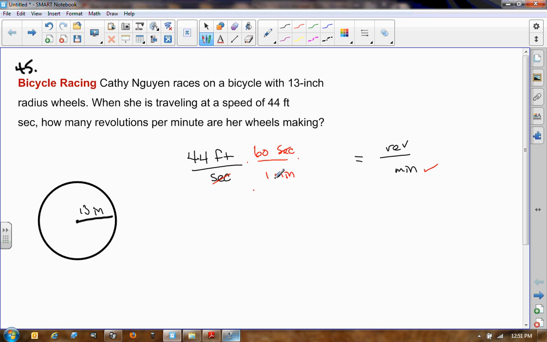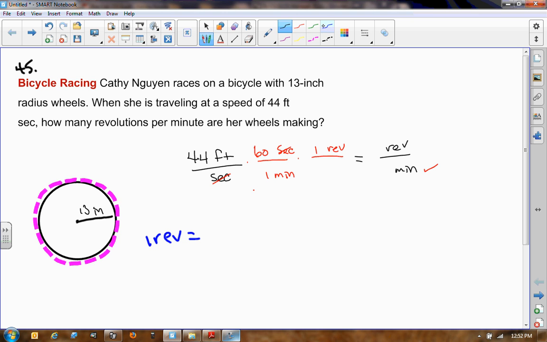All right, so now I've got to make revolutions. So let's see, I need revolutions. 1 revolution is how many feet? All right, so we've got to do some thinking here. This is 13 inches, and that's a radius, but it's not the radius that's going around. It's the distance around the outside. It's that circumference again. It's just like the CD problem we did. It's that pink distance around that's going around. That's what we have to figure out. So let's figure that out. Let's go with blue. So 1 revolution